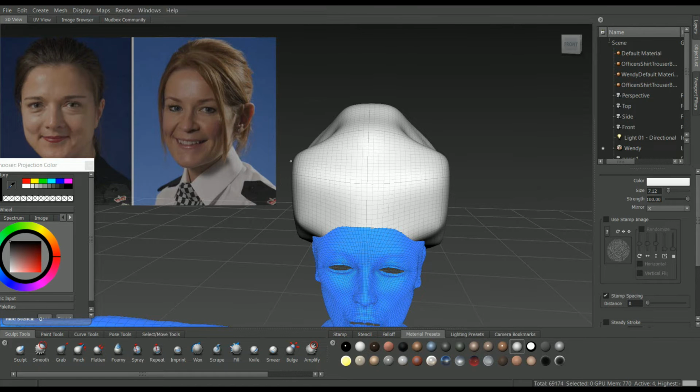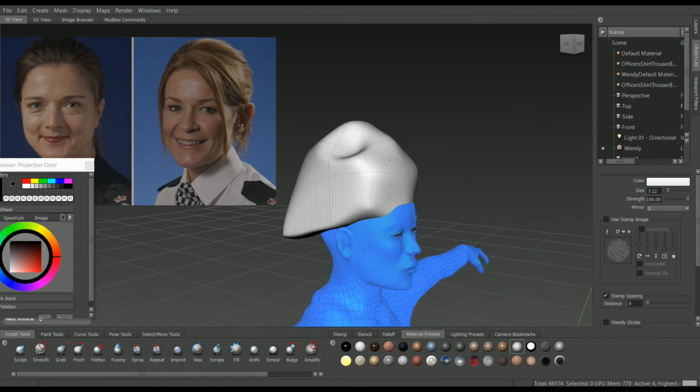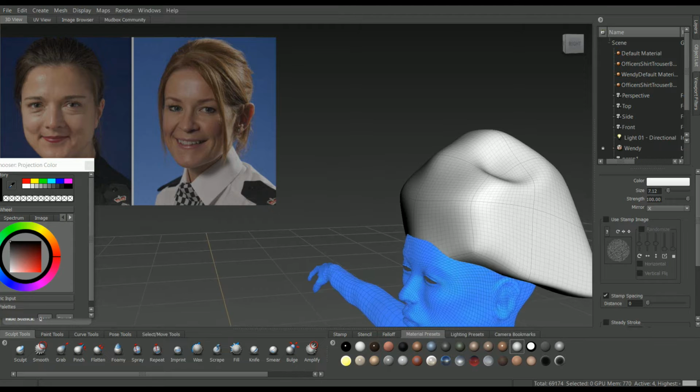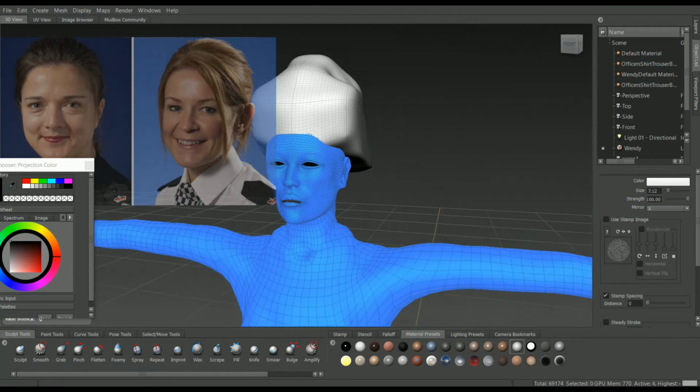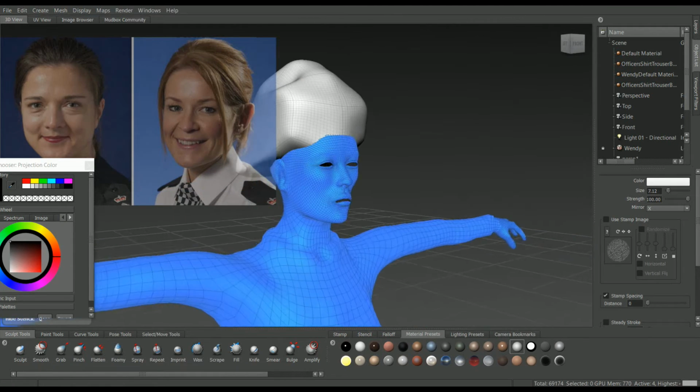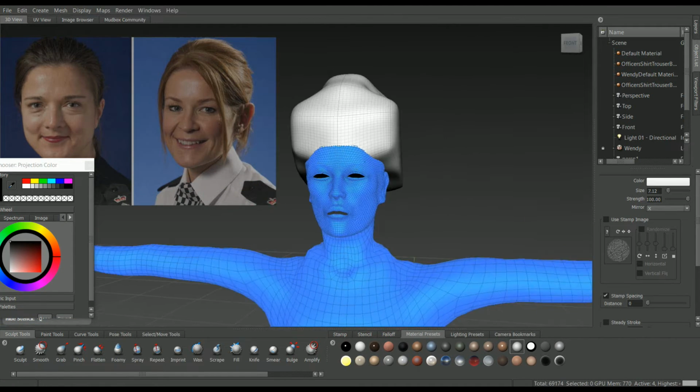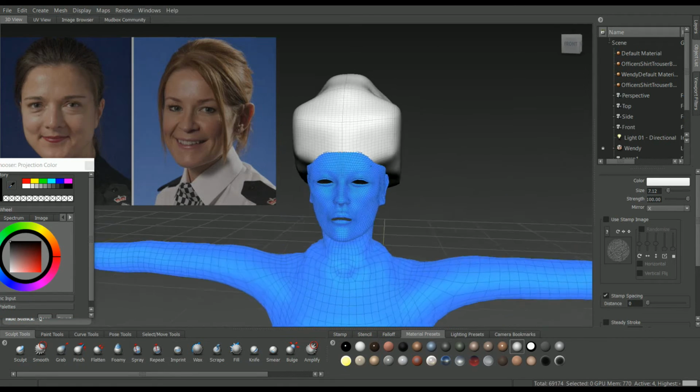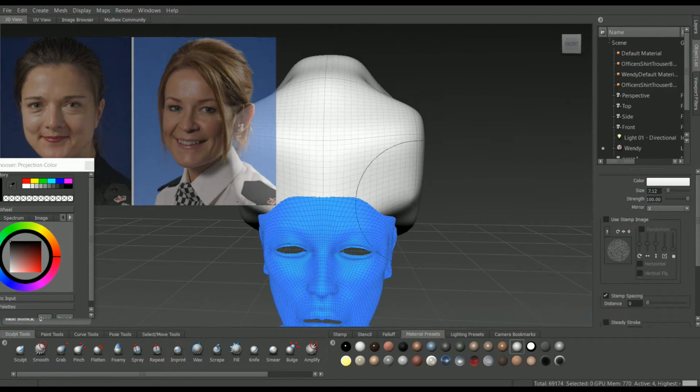Alright, in this video I am going to try and make a hair system for my character here. And notice this character's got her arms splayed out, and I don't do that anymore. I just do it from the natural pose. So I borrowed a character from one of my old